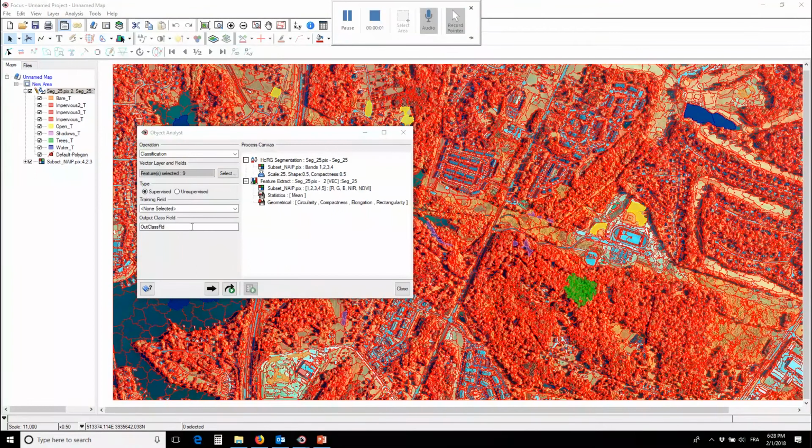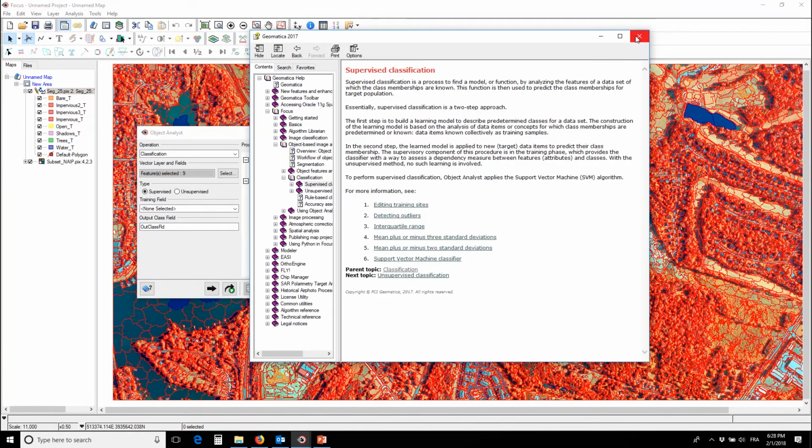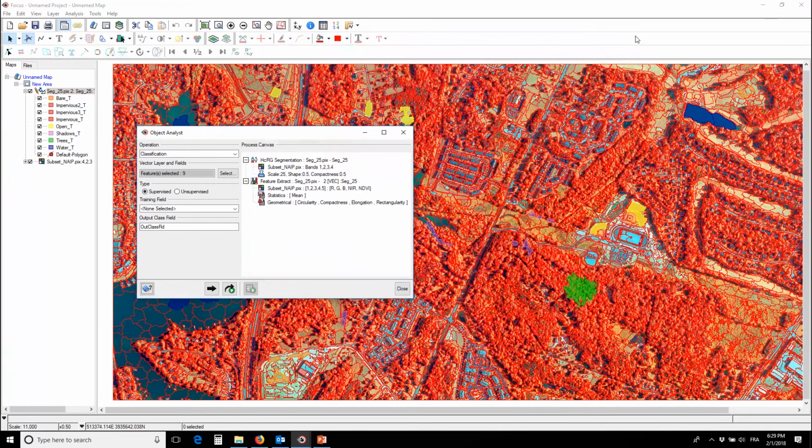So the classification algorithm that's built into Object Analyst is based on SVM. We have some research scientists on staff who have looked extensively at different algorithms such as random forest, SVM, and neural networks, and through a lot of testing and quite a bit of research in the literature, ultimately we chose support vector machine to be the best machine learning algorithm to allow users to get the best possible results from the data. Assuming good distribution of training classes and good preparation of your data, this algorithm will